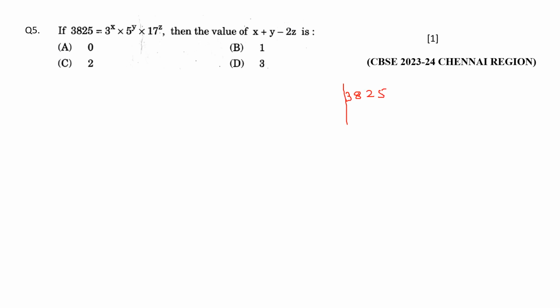So first of all, the smallest prime number is 2, but this is an odd number, so it won't go in the table of 2. So we have to move to the next prime number, which is 3. And the divisibility rule of 3 is the sum of the digits should be divisible by 3. So if you add it, 3 plus 8, 11, 11 plus 2, 13, and 13 plus 5 is 18. So it means it is divisible by 3. So 3 times